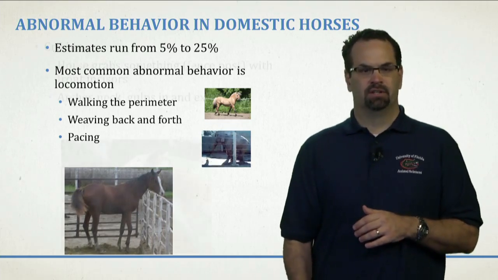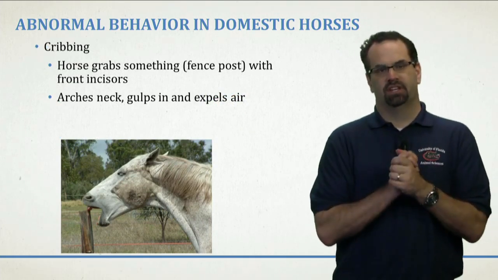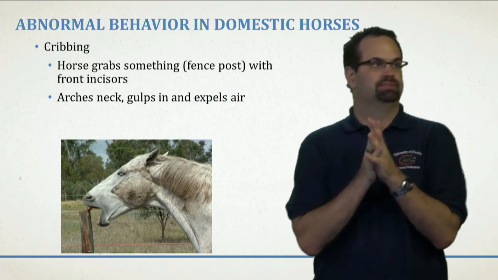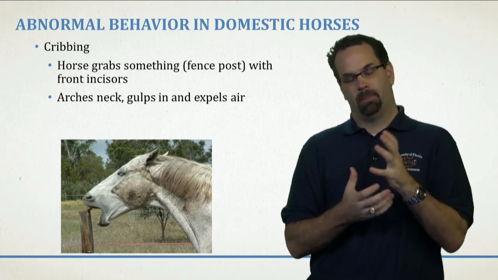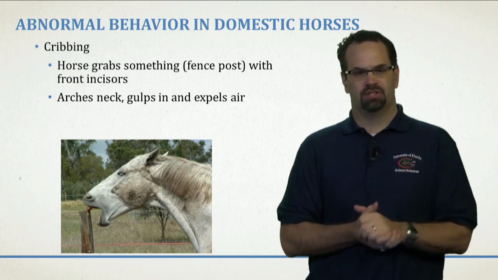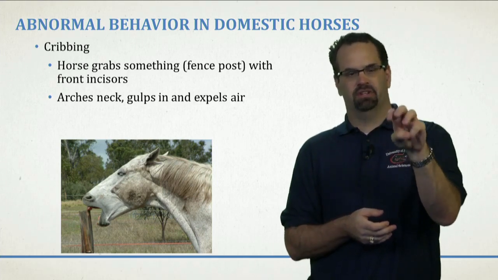is where we see this. So, after the locomotion ones, the next one that's probably the most popular or most well known is what's called cribbing. And this is where horses will actually rest their front incisors on something hard, and generally it's